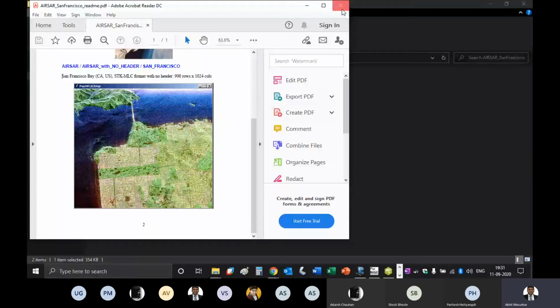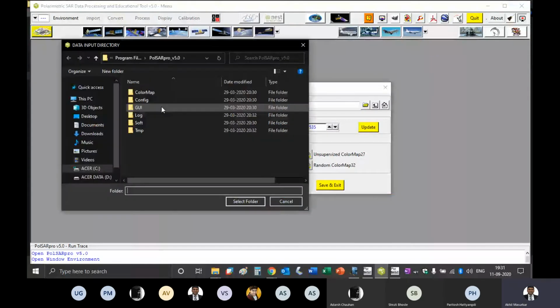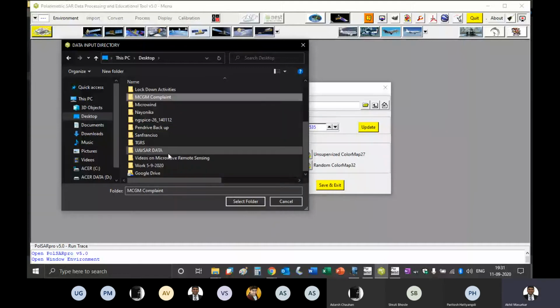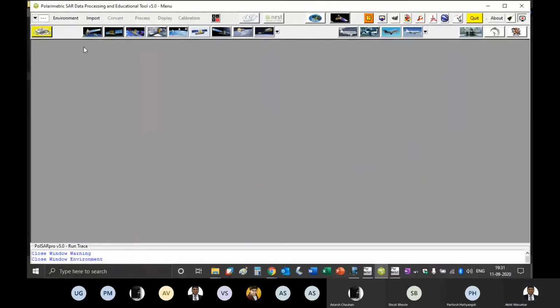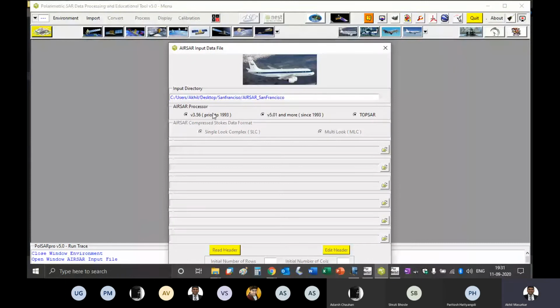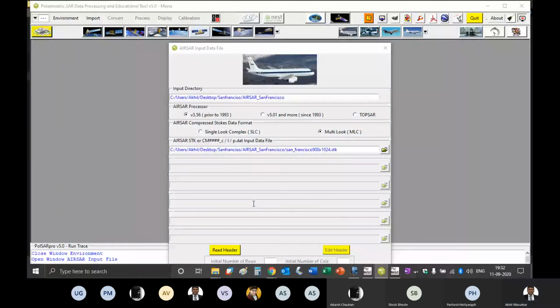So I'll go to PolSARpro, single data set, change the environment to San Francisco, save this, go to import, again airborne, this is the same AirSAR data, and select MLC San Francisco STK, open, so you will get this, and then finally say read header.